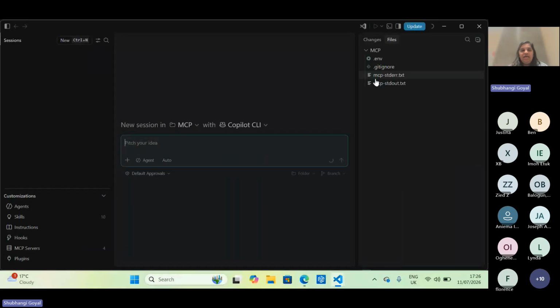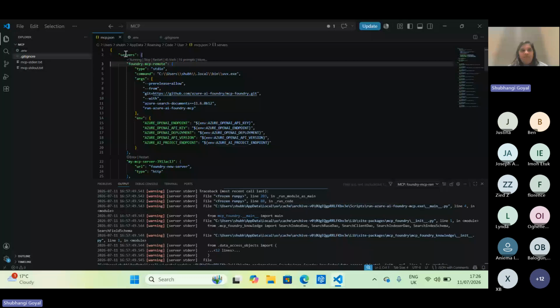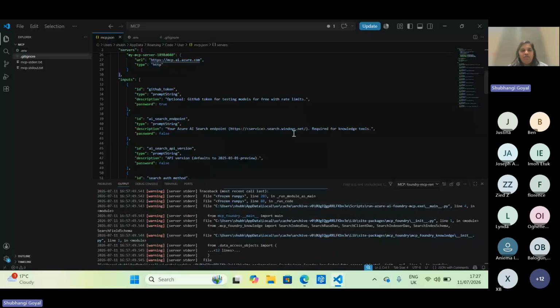So once it's running, it starts to create this small agent screen, and it will start becoming sort of a personal assistant in this particular session. So this is how you can create the MCP server using Foundry, and you have to make sure you have the right environment variables set up to make sure that it works effectively. So the main bit really is to ensure that you have a name for a server, and you have, for example, your API endpoint key set up, and basically some sort of input variables for each of the GitHub tokens, for Azure AI search point, and so on.